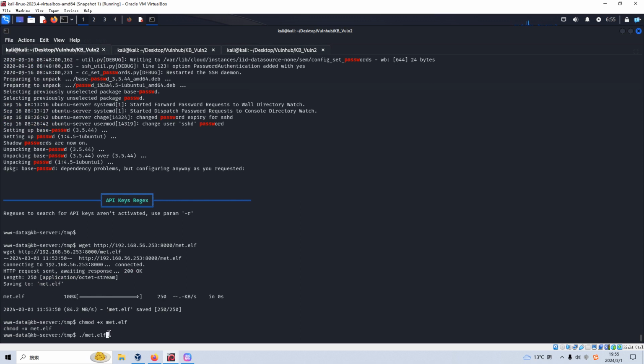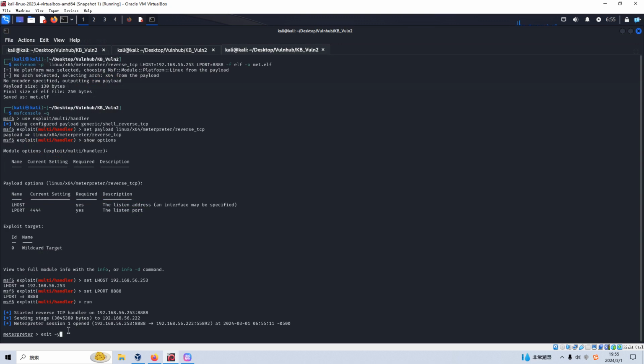Now we didn't run this payload, and we have already got the Metasploit session. I think I have already made it clear. If you do this machine the first time, you need to run this payload, and then no problem, you get the Metasploit session, and we can background this Metasploit session by